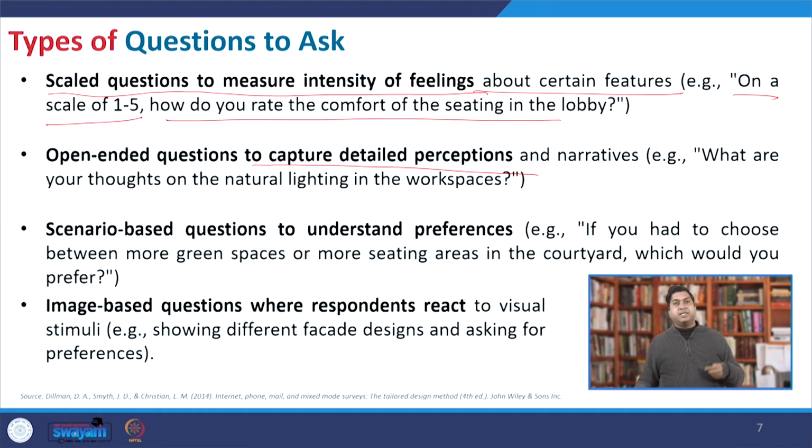As a researcher we may fail to make those options exhaustive. So, in such cases the open-ended questionnaire can be useful and can be a good method of data collection, but